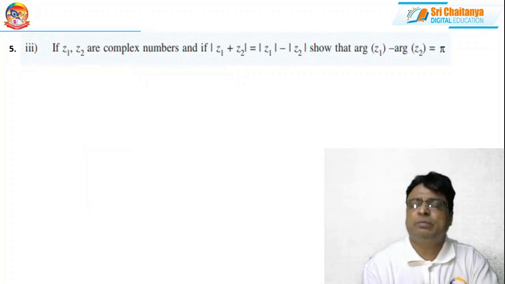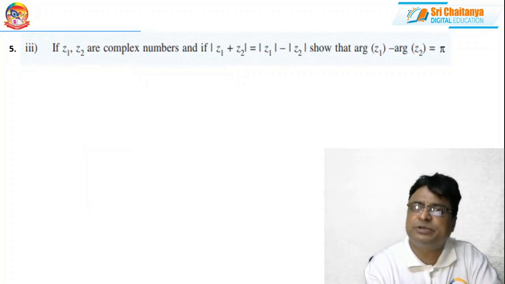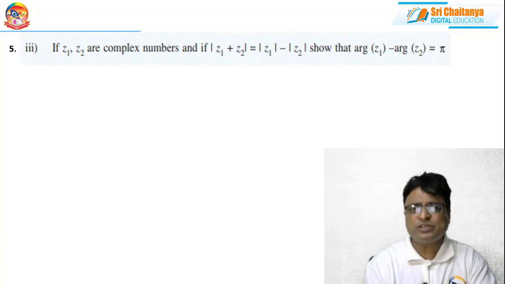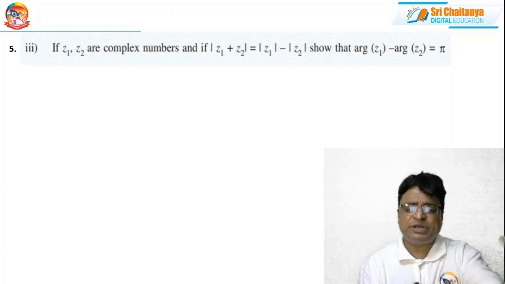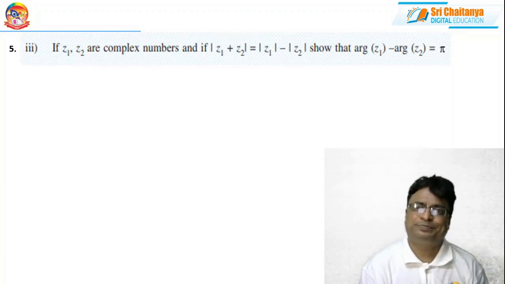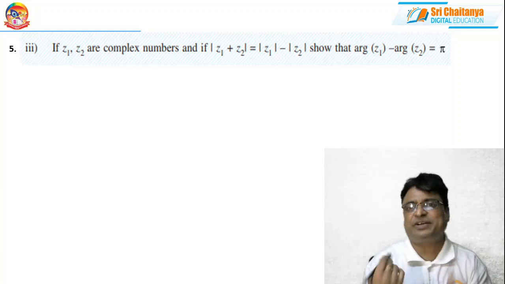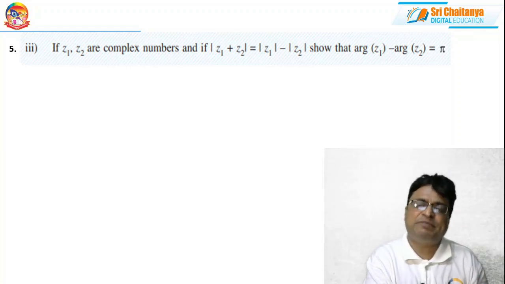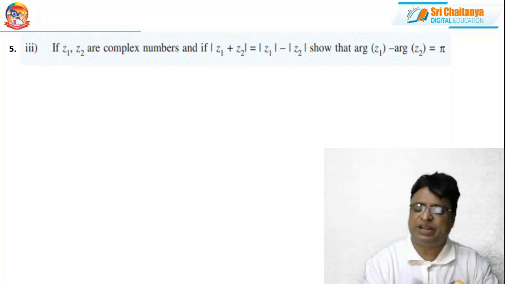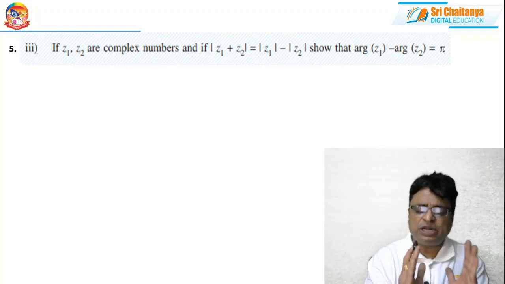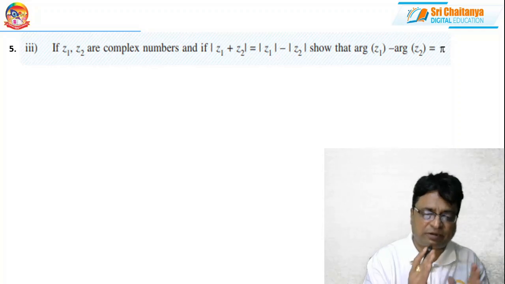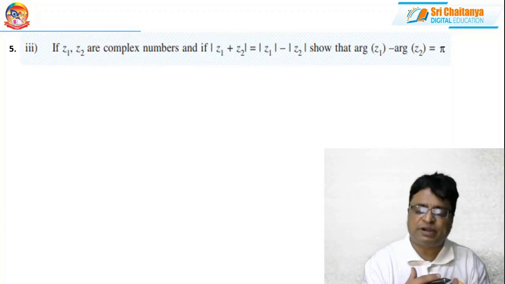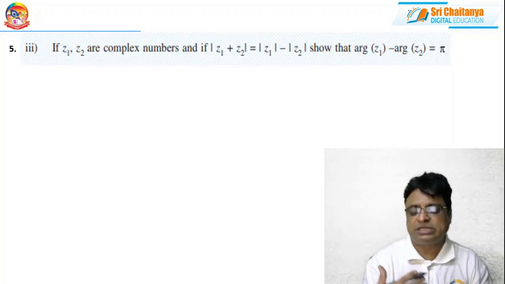If Z1, Z2 are complex numbers such that mod of Z1 plus Z2 is equal to mod Z1 minus mod Z2, then show that argument of Z1 by Z2 is also what? It seems to be just like problem number 2. But here, again, I am using another technique. Just like the previous problem, here also I am squaring on both sides. Whenever I write modulus of Z whole square, you can write that as Z Z bar. That is the concept. So you apply the fundamental and multiply that, and you will solve it.